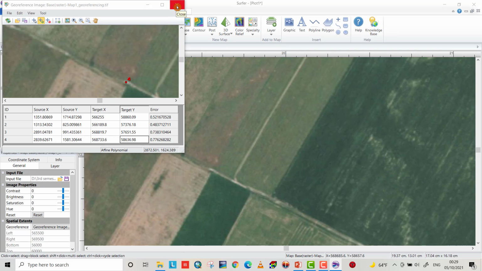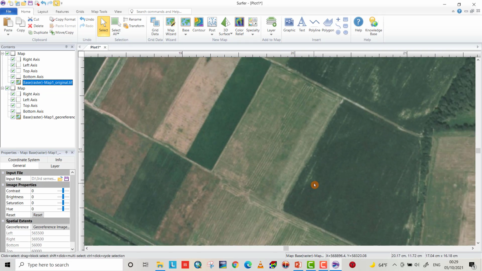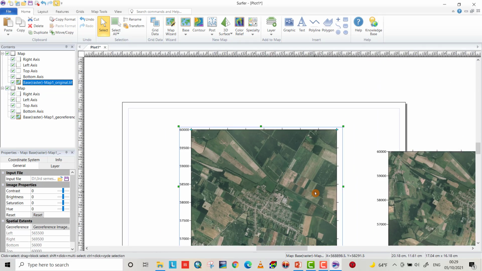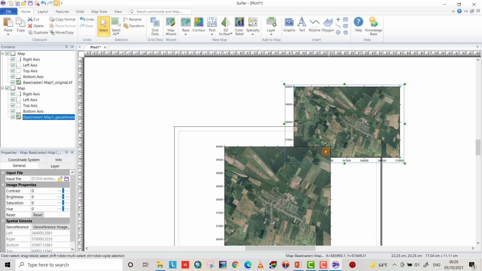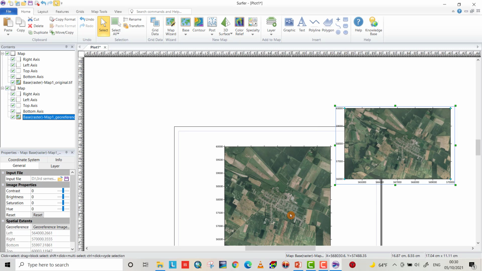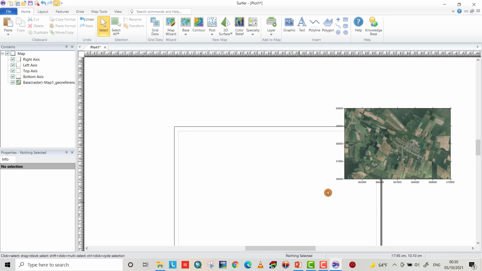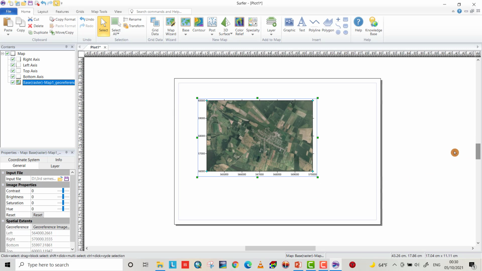Now we can close. You see we have a raster image with the right coordinates, so we don't need this georeferenced image. Okay,